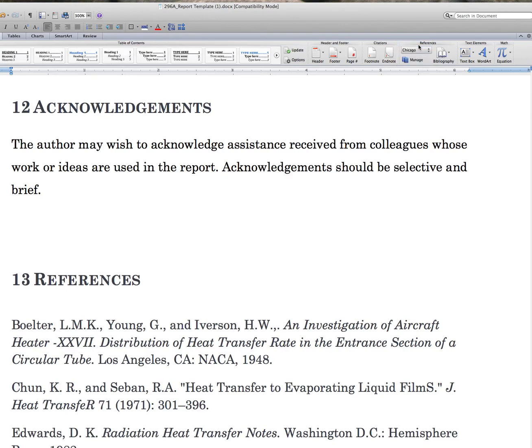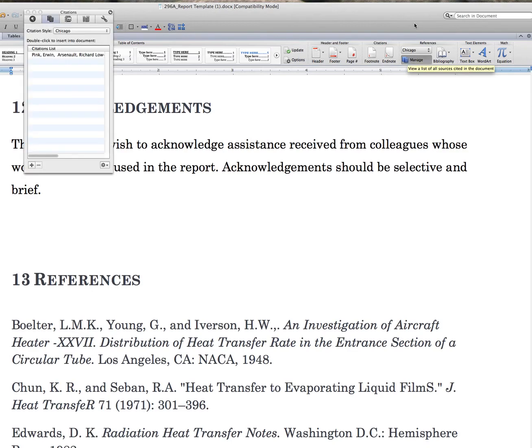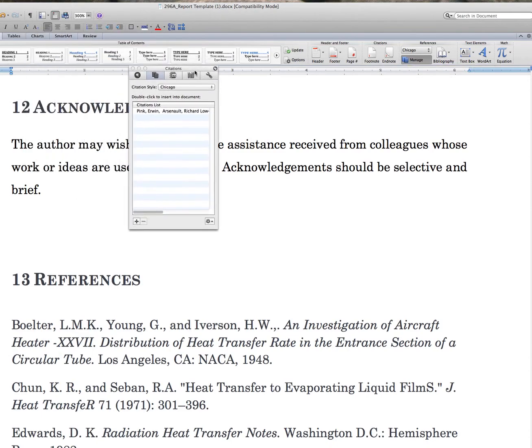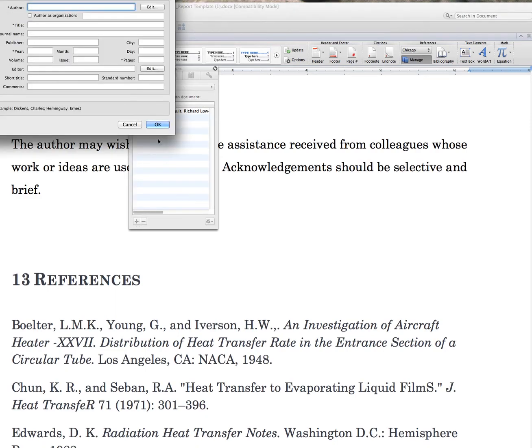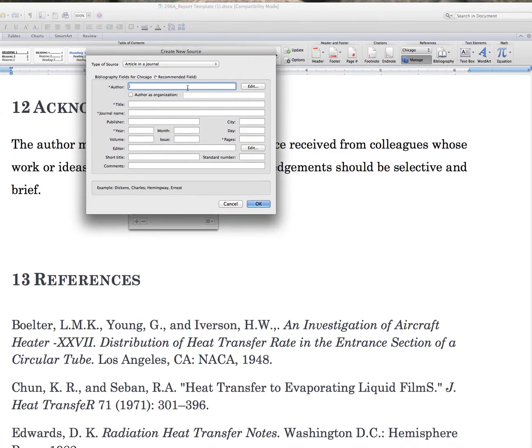Then what you do is you start building your references. So when you build your references, you go to Manage the References. Then it will open a window, and the window here gives you some list. Usually if you're starting fresh, then it doesn't have any references, but you can add more. So if you add plus, then it will open another window, and then you put the author, let's say Nas M. Ghoniem,